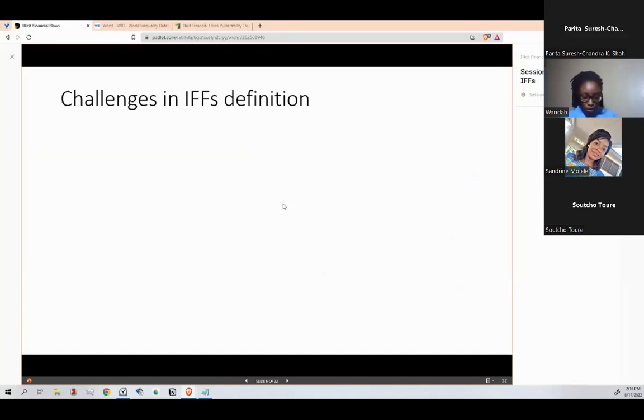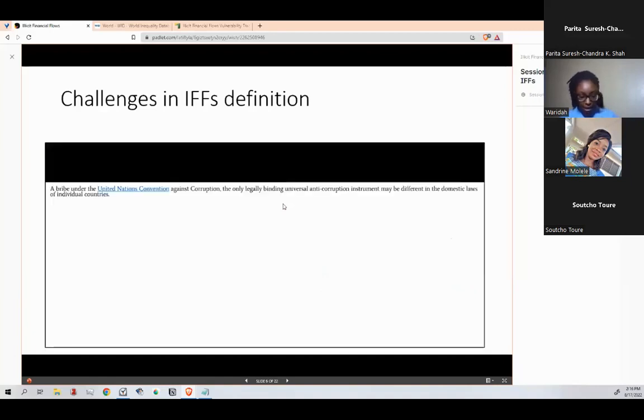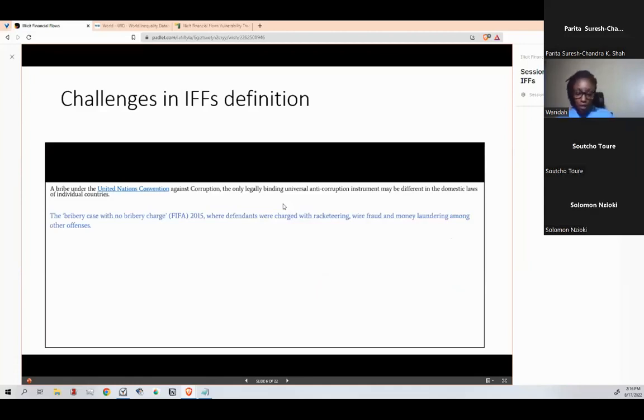Now, we also continue on to look at another challenge, which is in terms of law. When it comes to law, there are different laws for each jurisdiction. And there's also a big problem when it comes to consensus of international organizations bringing together countries to have uniform laws around IFFs. Now, one of the key laws in this issue,